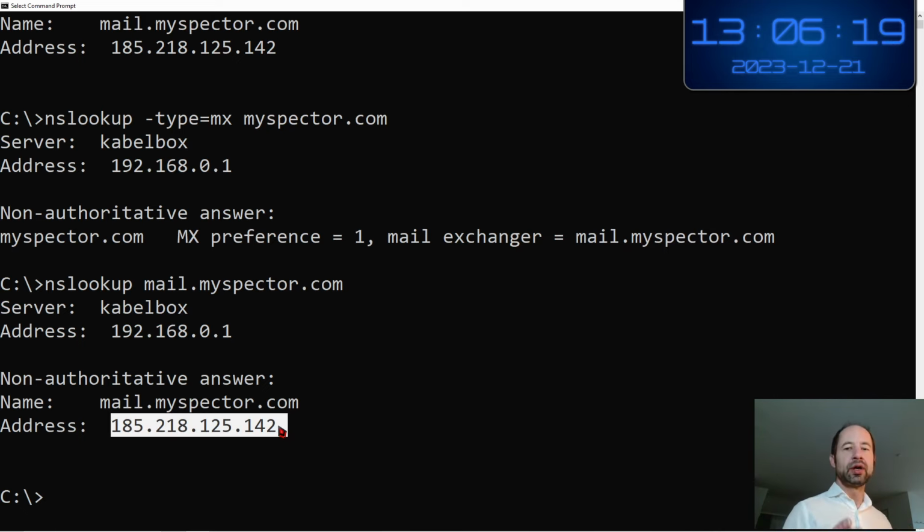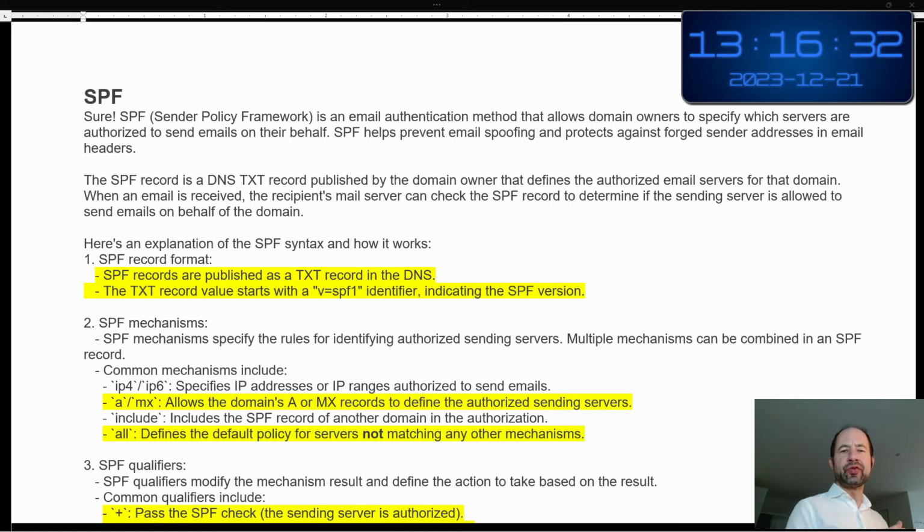Now it is good. We have designed the first entries in the DNS system to be sure that mail.myspector.com can be found on the internet, to know to which machine the server should connect.